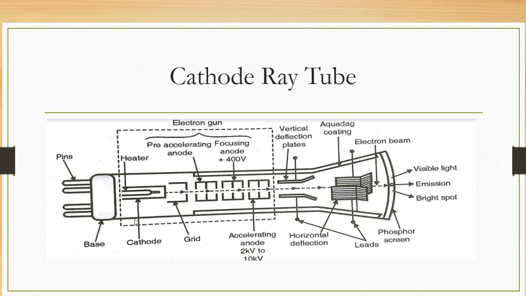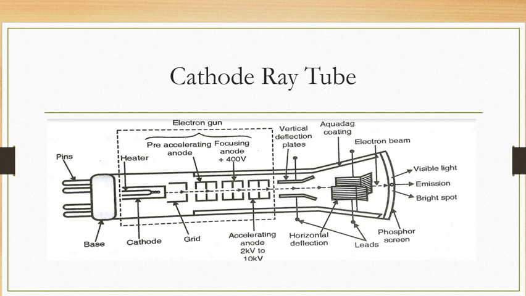And once the cathode is heated, it emits electrons. This cathode heating occurs indirectly. Heating increases the temperature of the cathode. As discussed earlier, the heater will convert electrical energy into heat energy.